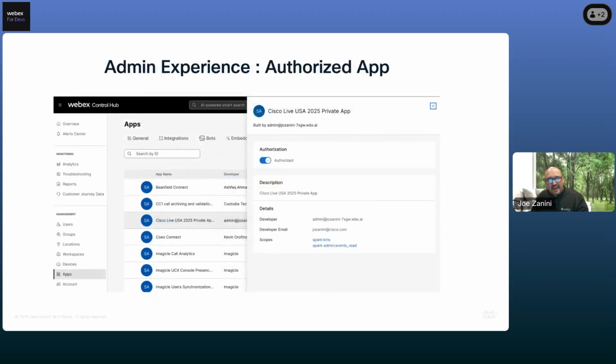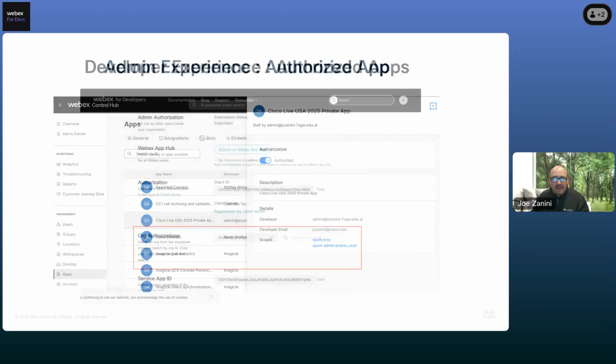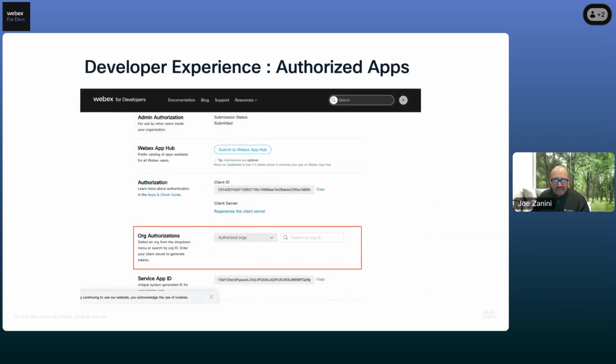Let's say I am working with my private app and I toggle this on. What happens from the developer perspective? We know that this is an option, but I don't know what happens behind the veil here. Well, two things can happen, I should say. First thing is, once I know that this is authorized and my admin has told me, or I'm the admin in my sandbox and I did it, I can go back to the developer portal and a new section will appear in the developer portal